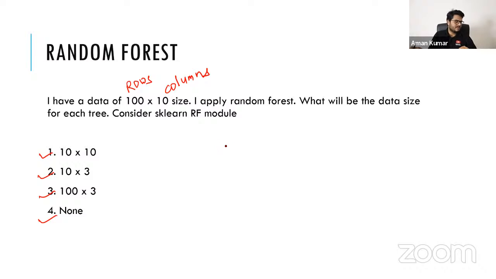We give these parameters, but if I don't give them, it will take some defaults, right? If I go to sklearn and call random forest dot fit, then by default parameters in sklearn random forest, what will happen? We can obviously tweak all these things. Karthik is saying one.